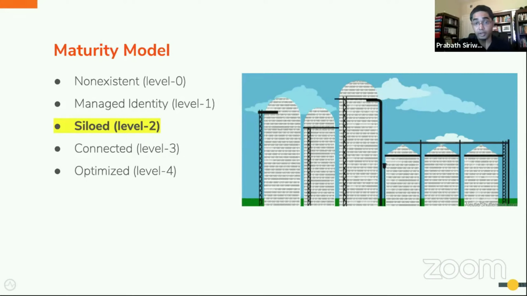When you want to generate a report across multiple data sources, that would require a highly labor-intensive process with human involvement. And even in some cases, you may fail to find a correlation among different data sources. This is, in fact, the phase where we see a company start worrying about a CIAM system. Once you are in this phase, you'll understand the benefits of building a unified view of a customer. And at the same time, you'll start realizing the deficiencies in your current system that prevent you from getting there.